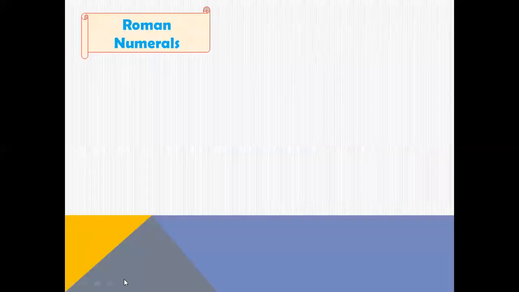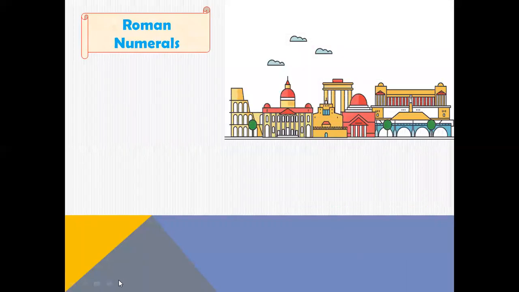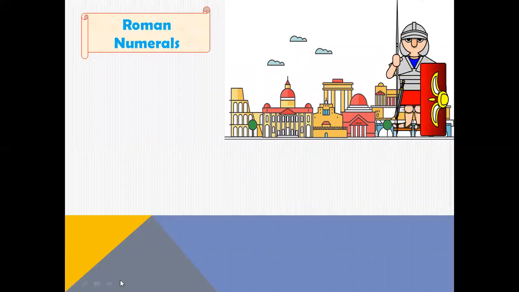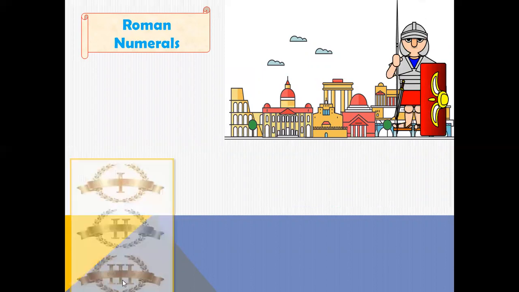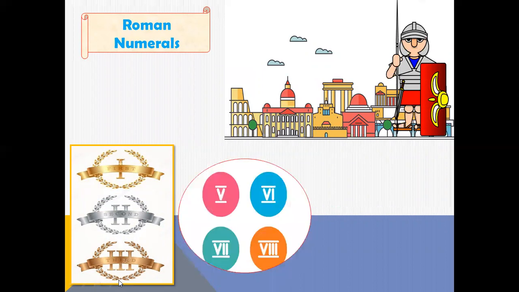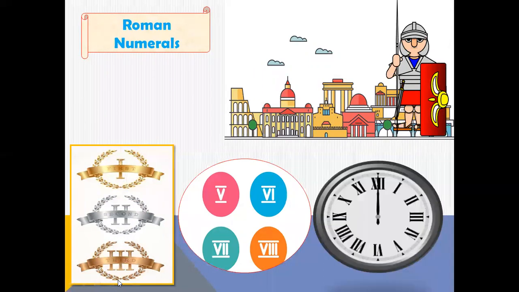Let's reinforce about the Roman numeral system. Roman numerals were used by the ancient Romans as their numbering system. We still use them in many ways. Remember, where do we use Roman numerals? We use them for ranking as first, second, third, etc. We also use them for writing classroom numbers. Often they are used for writing the numbers on clock dials. Now you have to find more examples around you where you would see the Roman numerals.